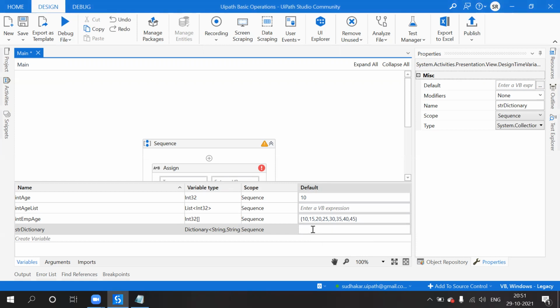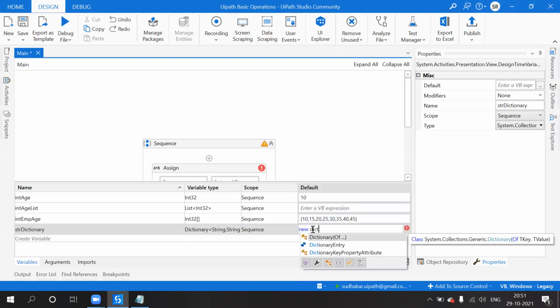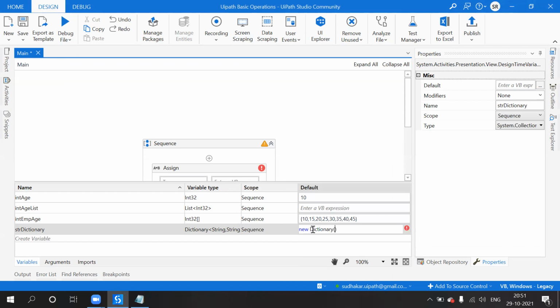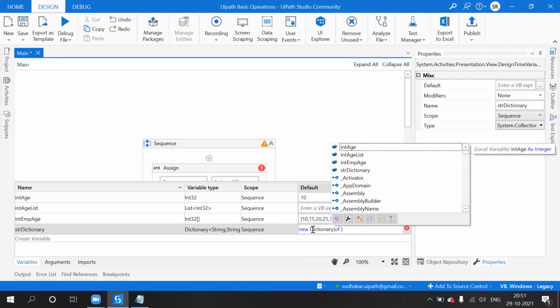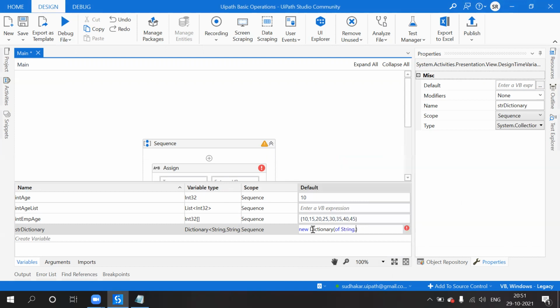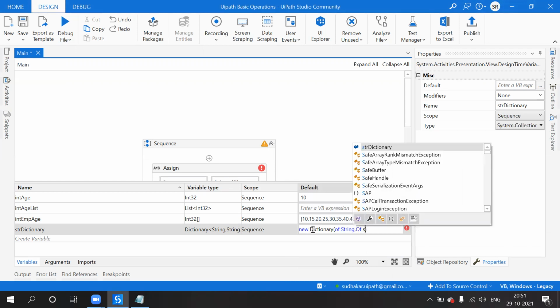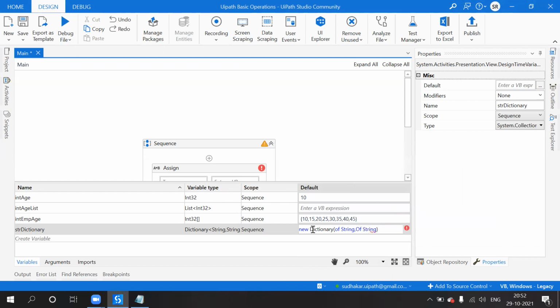Okay, here new dictionary of string comma string.